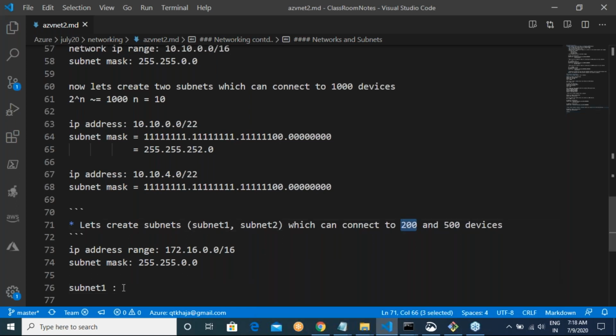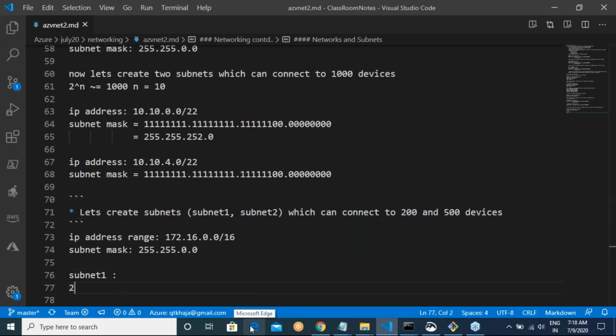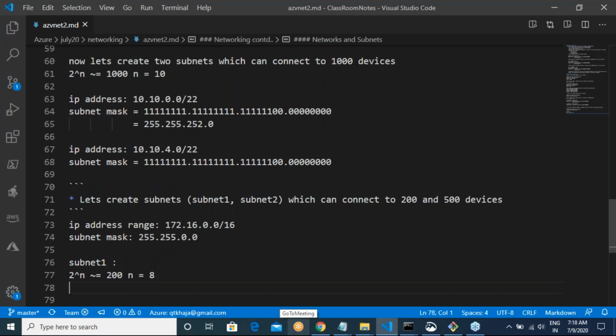200 devices. So if you have to connect to 200 devices, we try 2 power n approximately equal to 200, and the value of n which you get is 8. Do you agree with me on this? So if my value is 8, I'll put my subnet mask as 172.16.0.0/24.